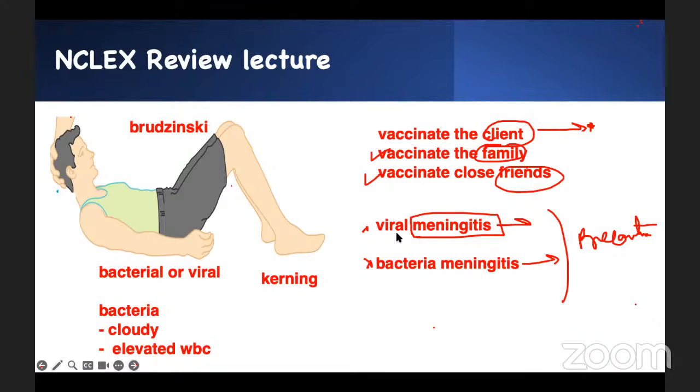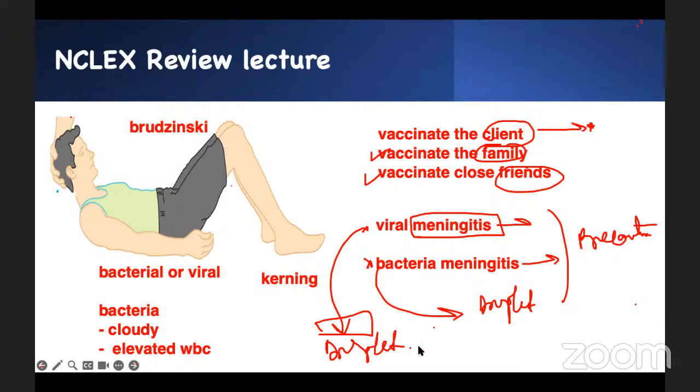Viral meningitis is what kind of precaution? We just talked about bacterial meningitis. What kind of precaution do you institute with this problem, standard precaution or what? We know bacterial meningitis most of the time is droplet. This is not droplet. Viral meningitis is a standard precaution. Therefore,